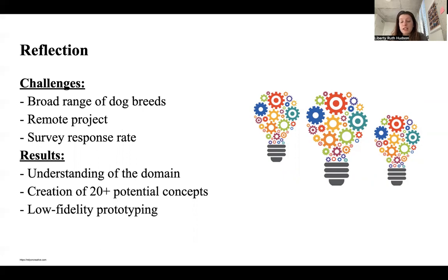I came up with a really diverse range of concepts, and it was great to learn how to use those tools to do so. And I was able to do some prototyping on an idea. I think if I had more time, I would love to go further into developing that final solution and coming up with further prototypes. But I'm very happy with how it turned out. And I think it definitely informs my future projects, to make sure they're really based on a solid understanding of who you're designing for, rather than just trying to fit your solution